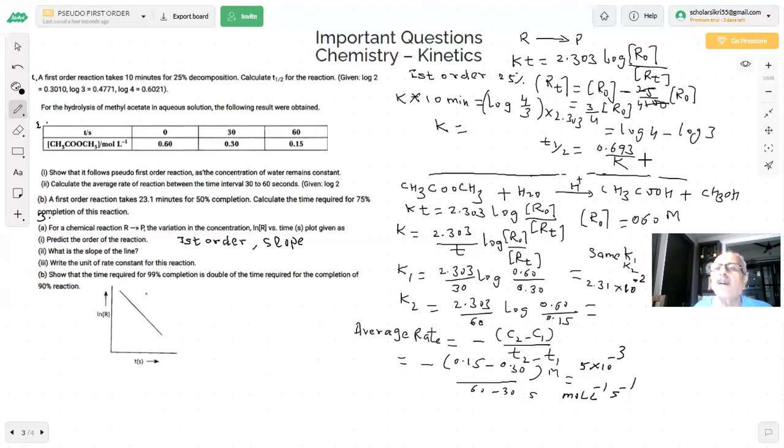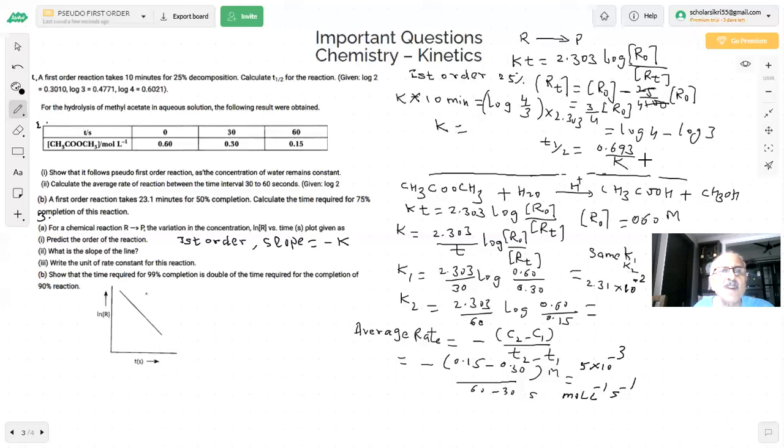Okay. This is my log where I am using 2.303. This is the ln value. When I use ln, what is the formula? So the slope will be equal to minus k. Minus k. Yes, sir. It is only a one mark question. If you make a mistake, it is over. Got my point? Okay, sir.